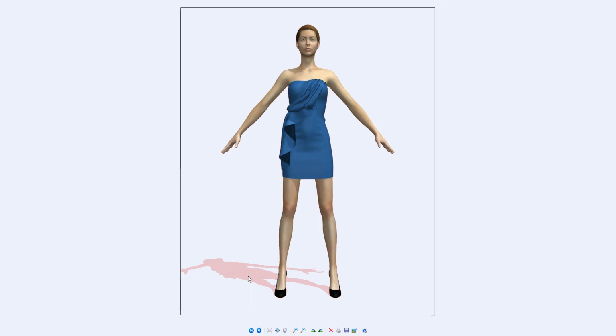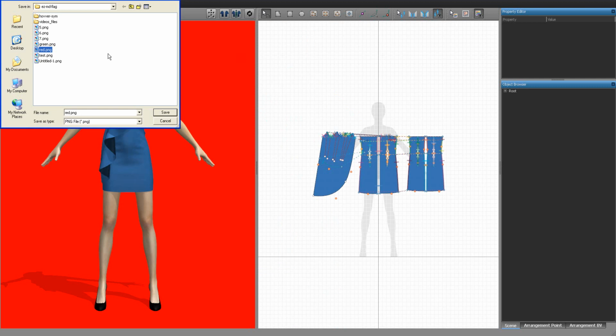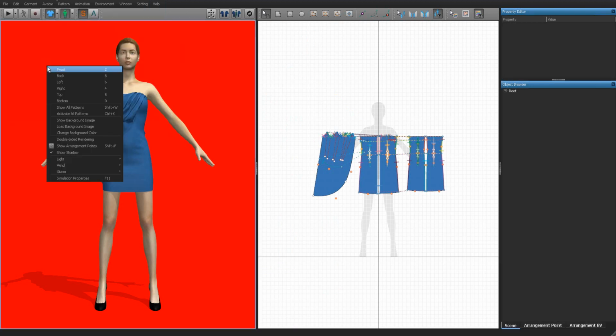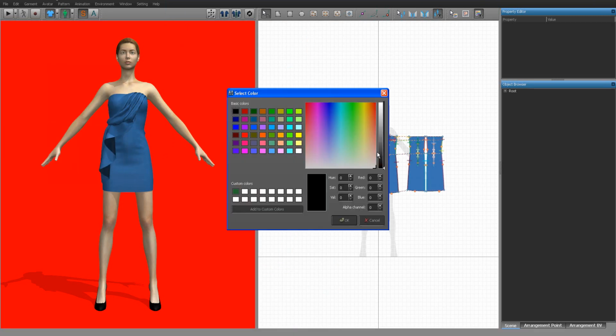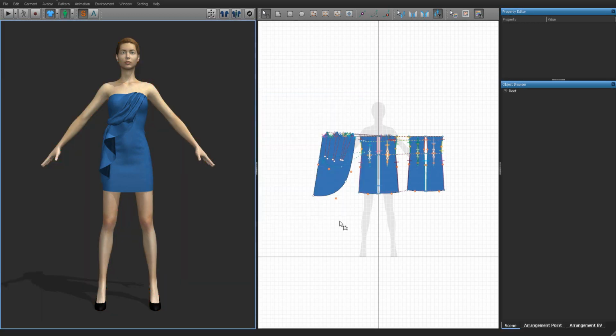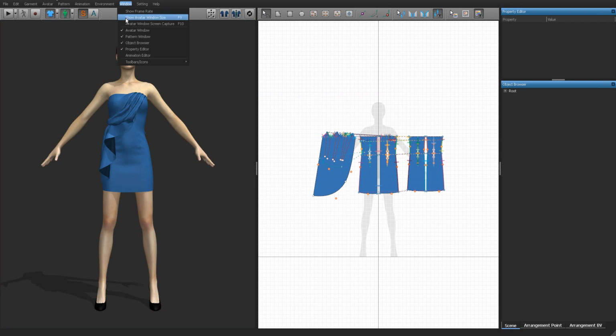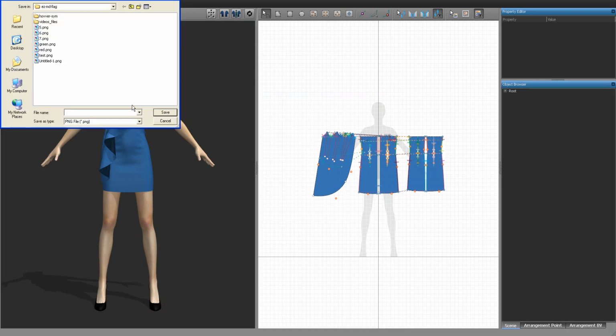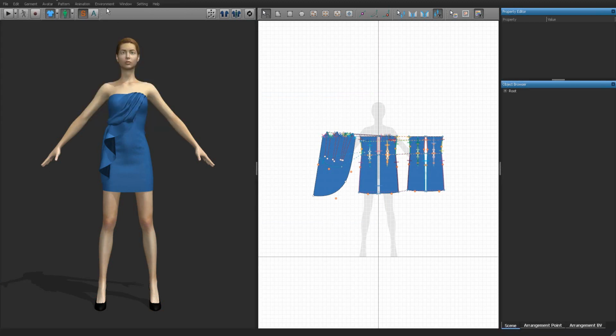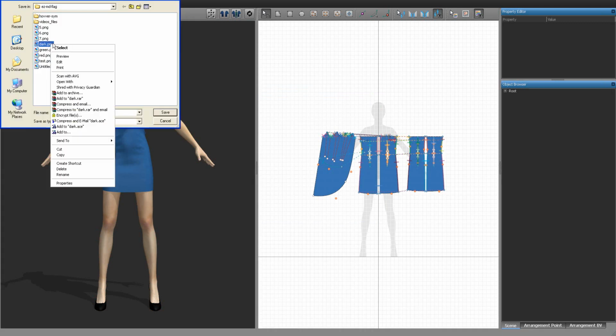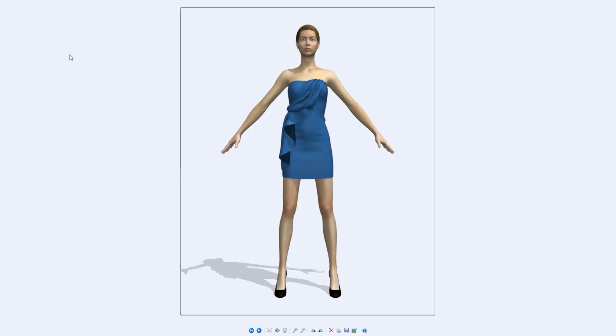So make sure, if you don't want the shadow to have color to it, to change the background color to something dark or black. Black seems to work pretty good, so I'm going to do it one more time. Call it dark. I'll preview that, and